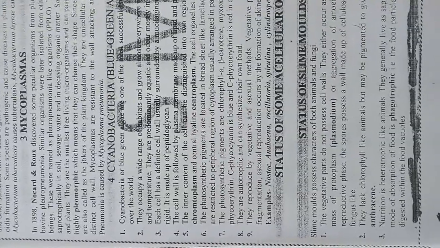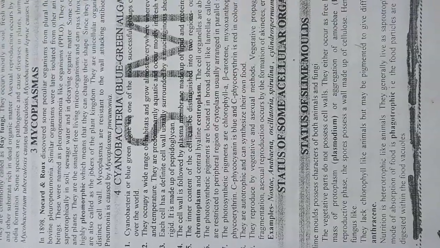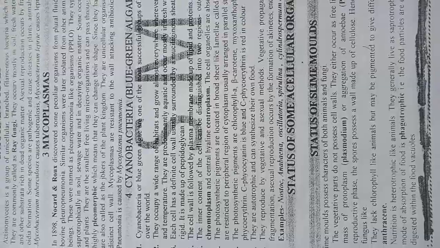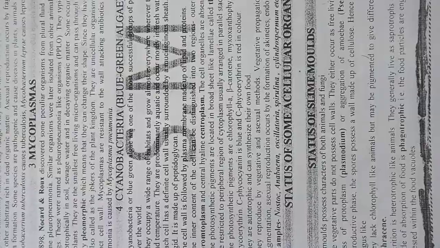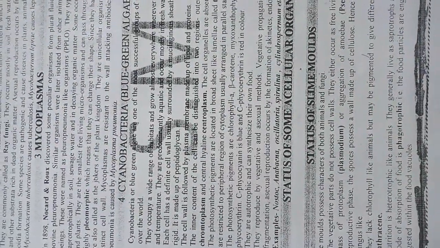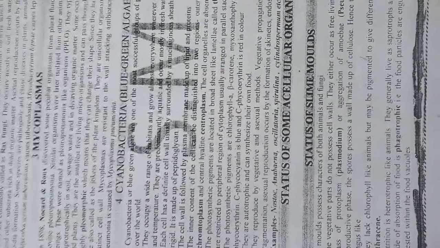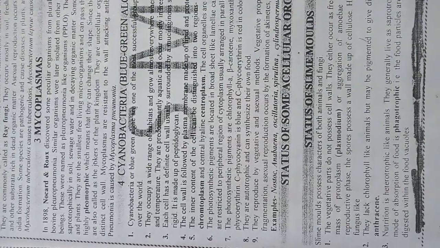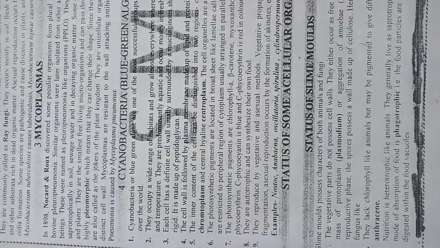Number fourth general character of the cyanobacteria is the cell wall is followed by plasma membrane. That means inner to the cell wall is a plasma membrane which is made up of lipids and proteins. Number fifth general character of these cyanobacteria or blue-green algae is that the inner content of the